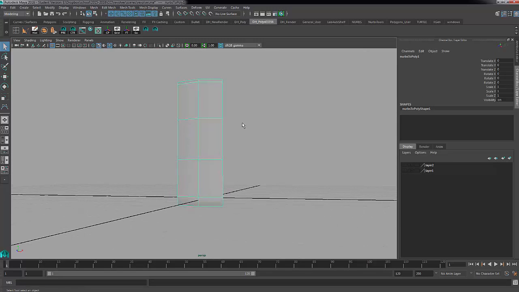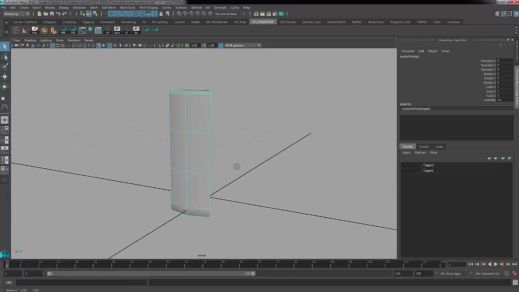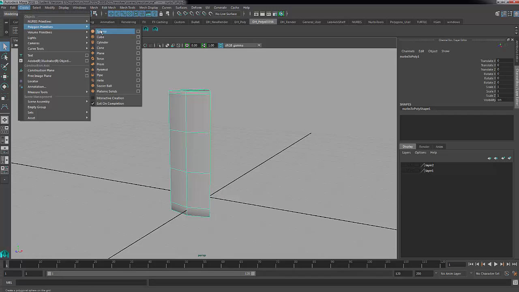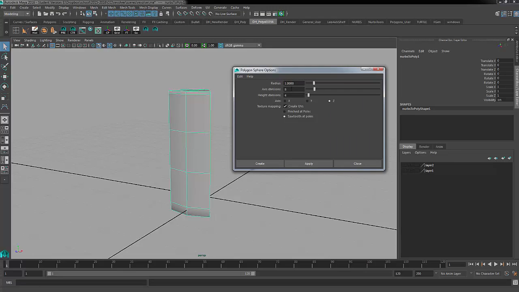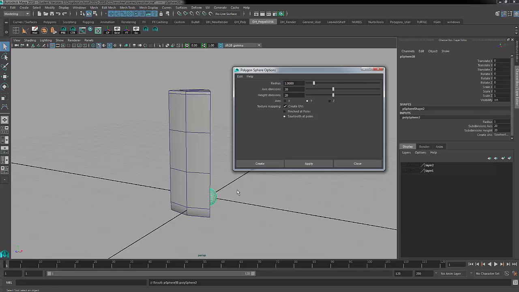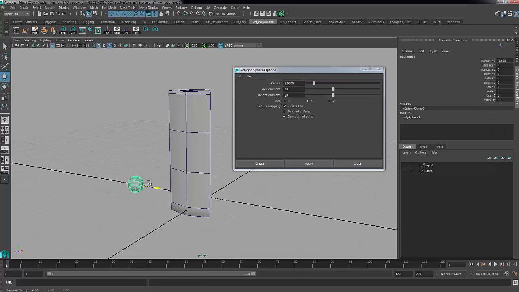The next step here is to create the indentation, and I'm not really being too careful about the measurements and the different dimensions and the scale here. So you can deal with that on your own. But I'm going to go ahead and create a polygon sphere. Now, when I create a polygon that I want to have rounded, I usually use a factor of 8. So if I create a sphere and I have my axis divisions set to 8, the default here is 20 by 20, right? So that creates a pretty dense sphere